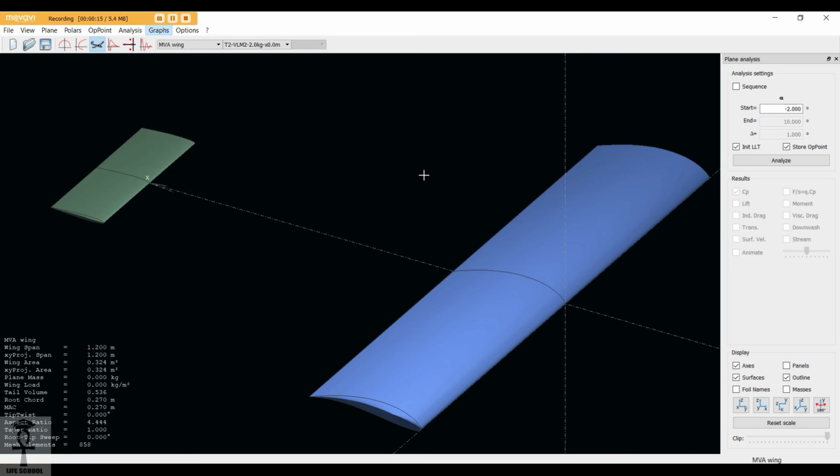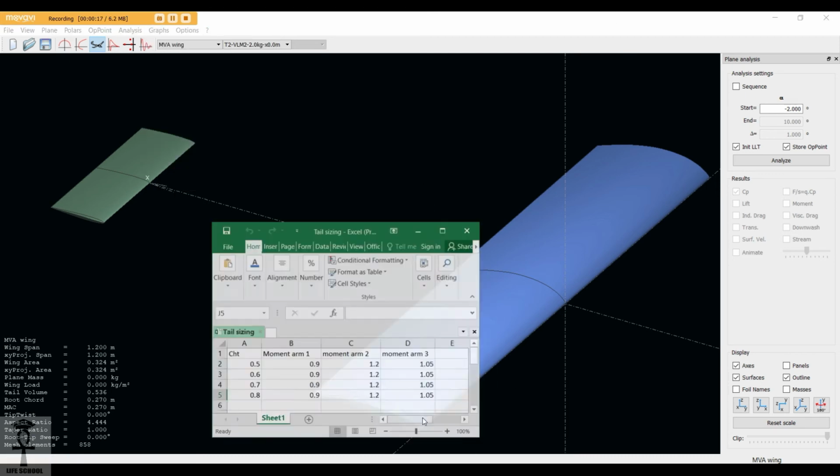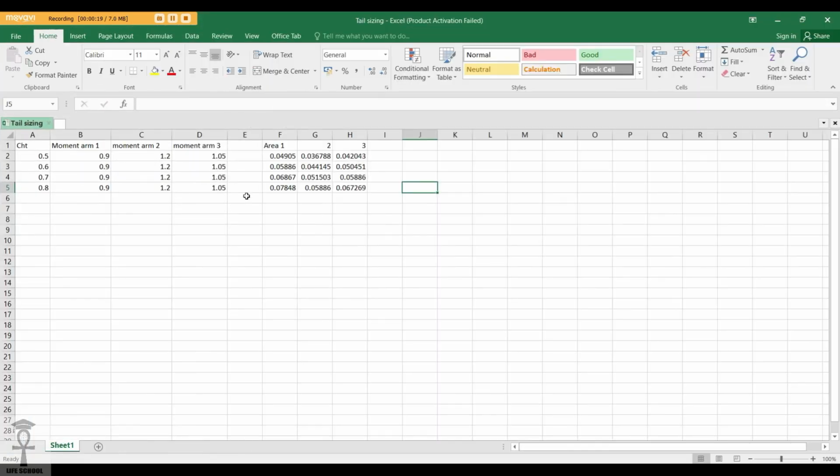First of all I would like to show you my tail calculations over here. So this is my horizontal tail volume coefficient CHT values that I have chosen. After that, moment arm 1 was 3 feet, that is 0.9 meters, moment arm 2 was 1.2 meters, and in between them I calculated the average value as 1.05 meters.